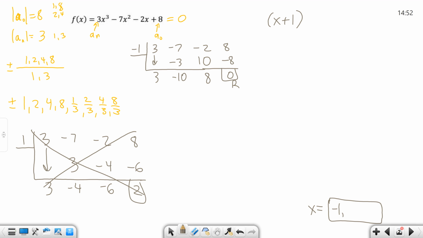Remember, it's x minus c, so we change this sign when we write it in this form, okay? So then we have the rest of this stuff, and it's equal to 0. So the rest of it, right, x squared, x, and my constant, right? So 3x squared minus 10x plus 8. So x plus 1, and then